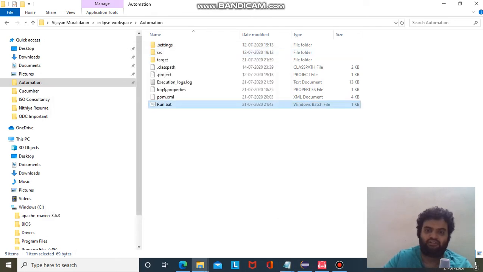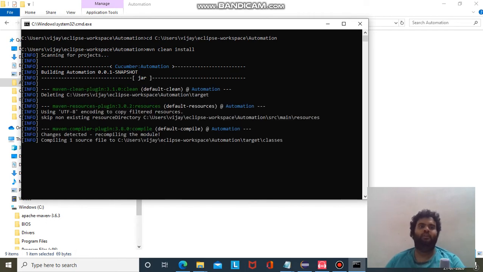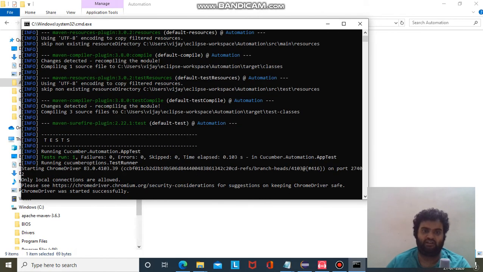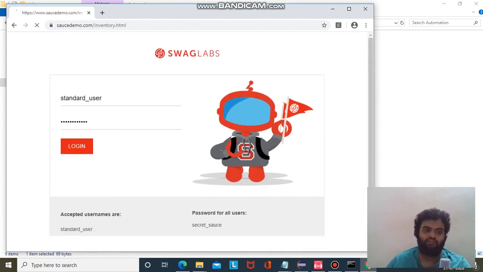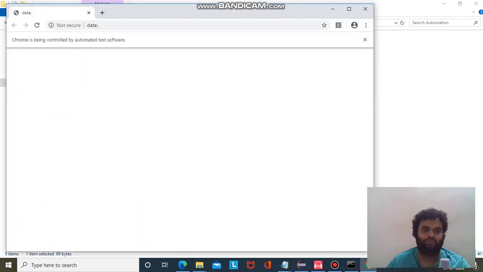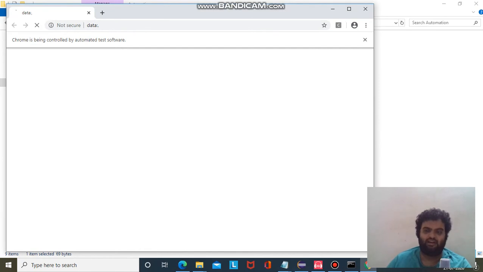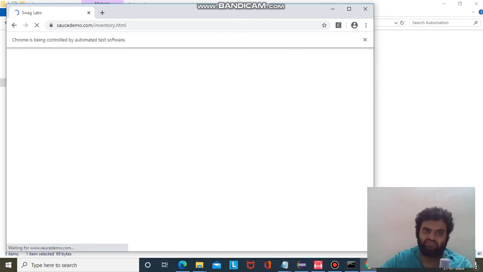So next time if you want to run, you don't need command prompt or Eclipse, nothing is required. Simply double click and run this bat file. That's it, guys. It will automatically start executing. Using Task Scheduler, you can even make this file execute whenever you want as per the schedule. So this will help you automate even better. These are all the best practices currently being followed worldwide for your test automation scripts.